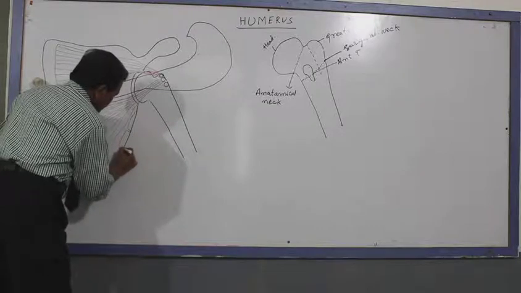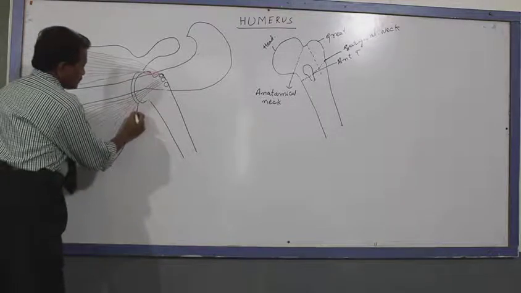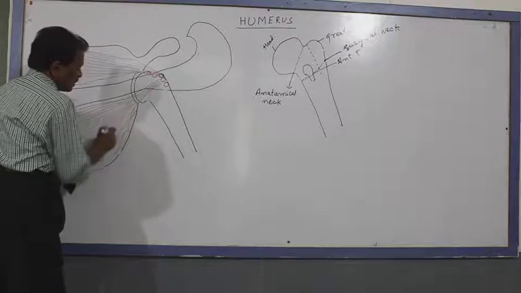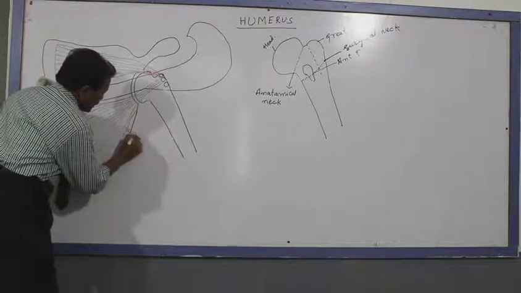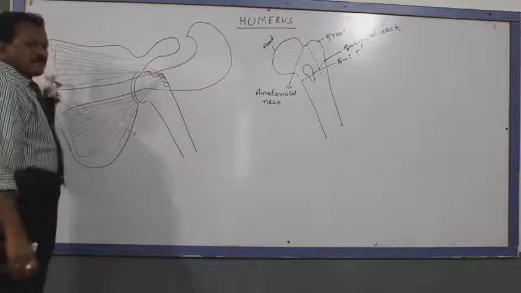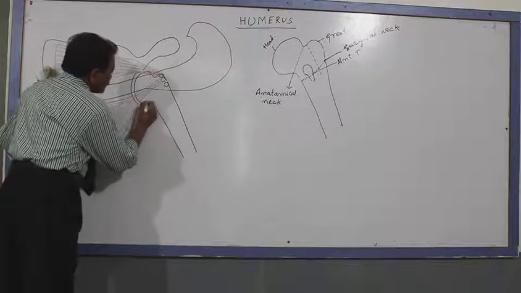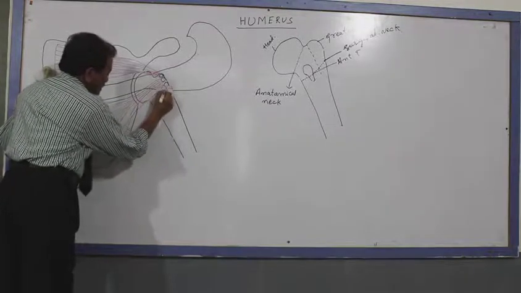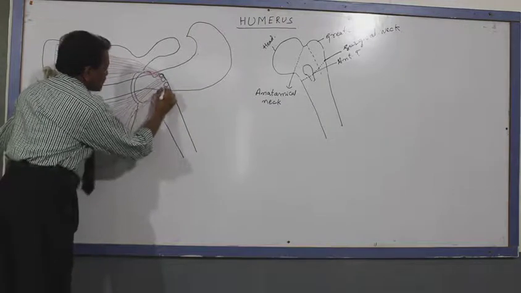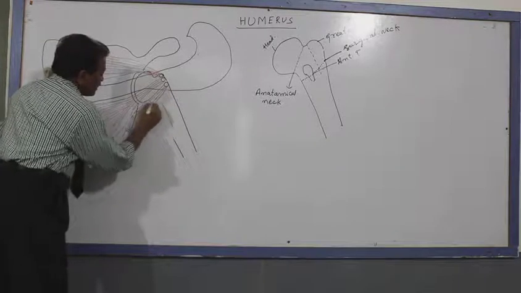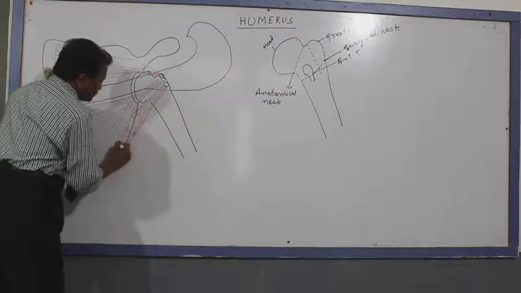Next, in this region there is the teres minor muscle. Teres minor arises by two digitations, an upper and a lower. In between these two there is a circumflex scapular artery, which enters into the dorsal surface of the scapula. The muscle fibers ascend upwards, forwards and laterally, and are inserted into the posterior impression of the greater tubercle of the humerus.